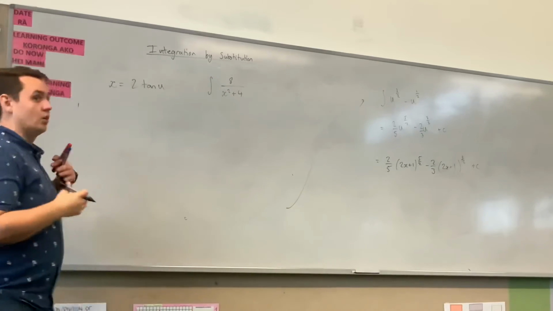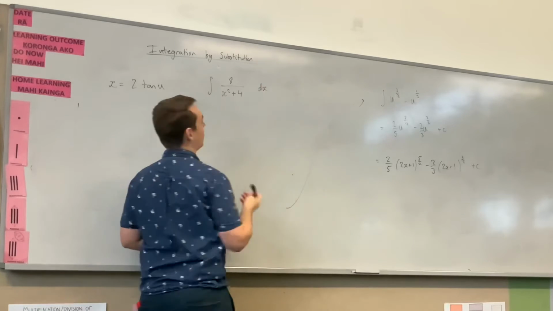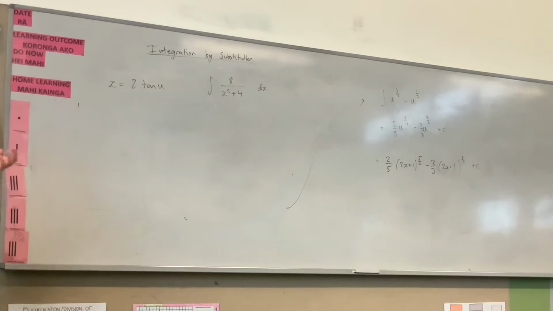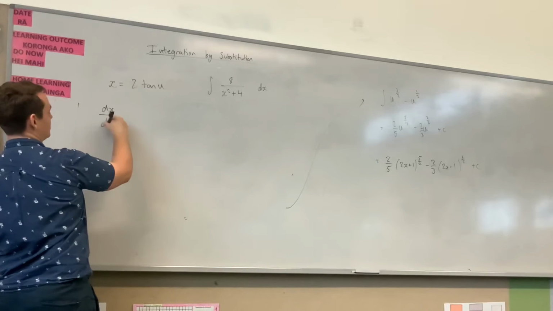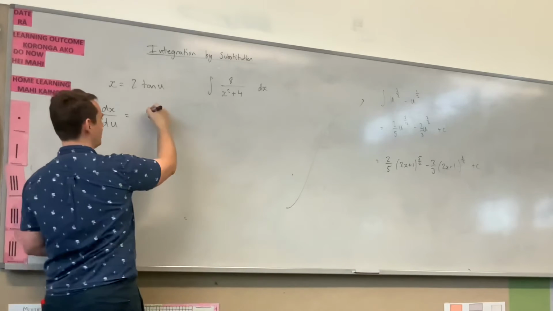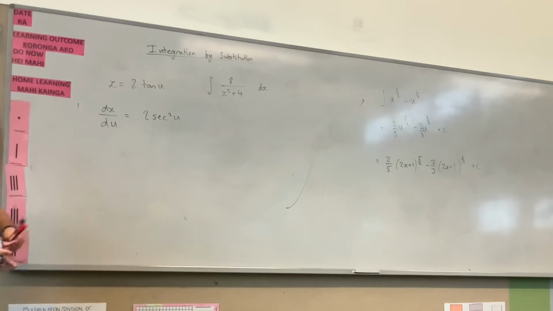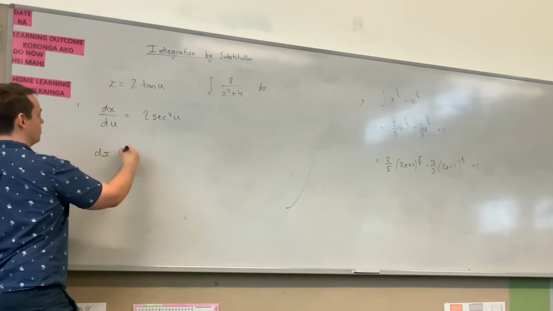So, first thing you always want, or dx, sorry. The dx actually becomes really important with these. Often we forget to write the dx down because we're kind of lazy, but the dx becomes super important with this because we need to really consider that the dx exists. So the first thing you need to do is change dx over du to 2 sec squared u. Am I right there? Should be right. Yeah, 2 sec squared u. So that means that dx is equal to